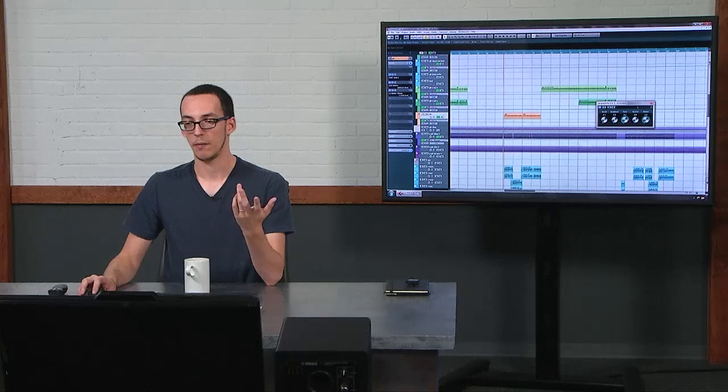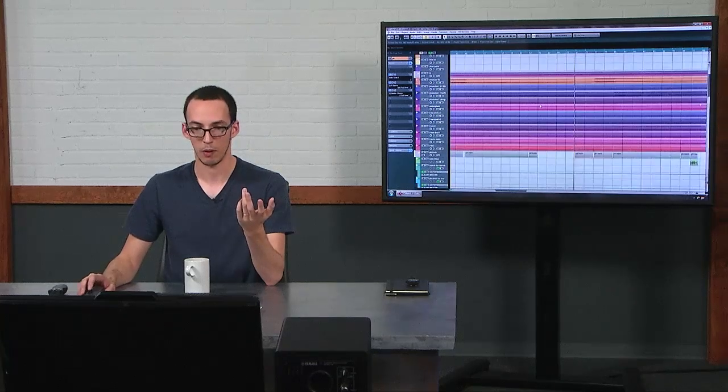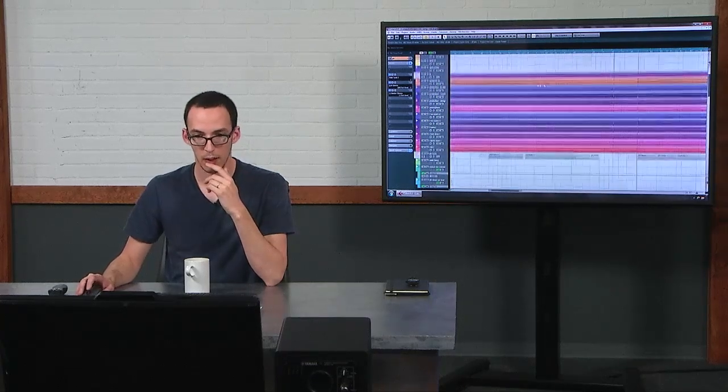And as far as adding pads or textures and ambience, that's all been done. So it's up to you to figure out how you can add elements like that to a mix to make it interesting but not have it be the same format of what everyone else is doing. And I think, for example, this one part that we were listening to a second ago,